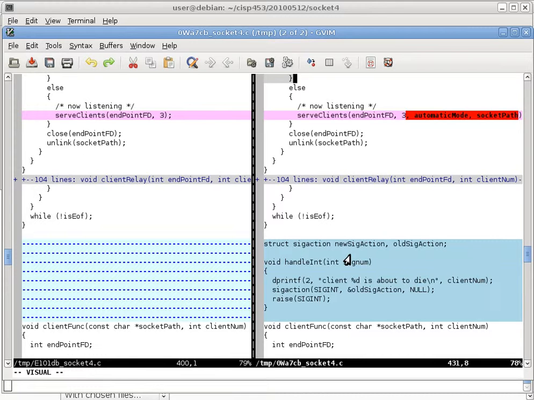But the funny thing is, I never really encountered the symptom of that bug. I'm pretty sure the bug is here because that's exactly what I did. I decoupled the creation of the child processes from the accept calls that would actually put the socket file descriptor into the structure. But for some reason, it did not actually show up as a bug. So maybe it's just because of the